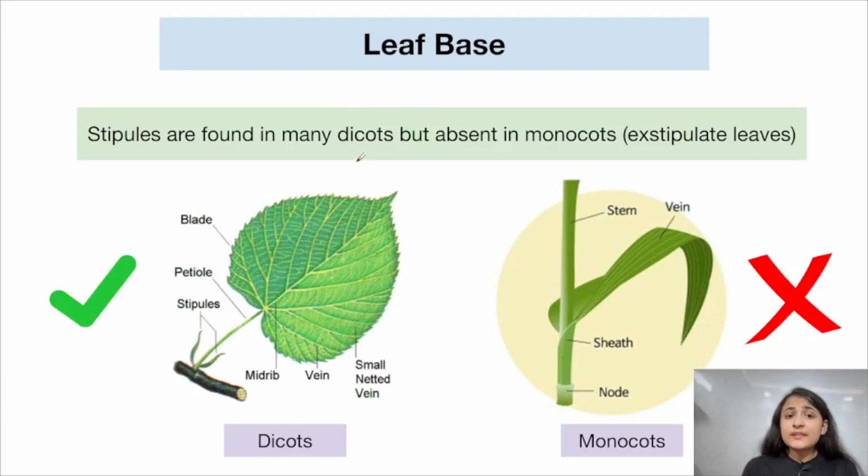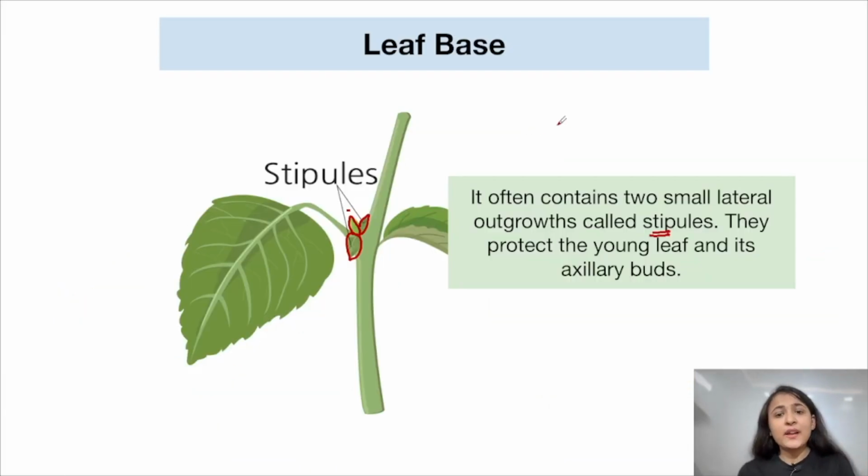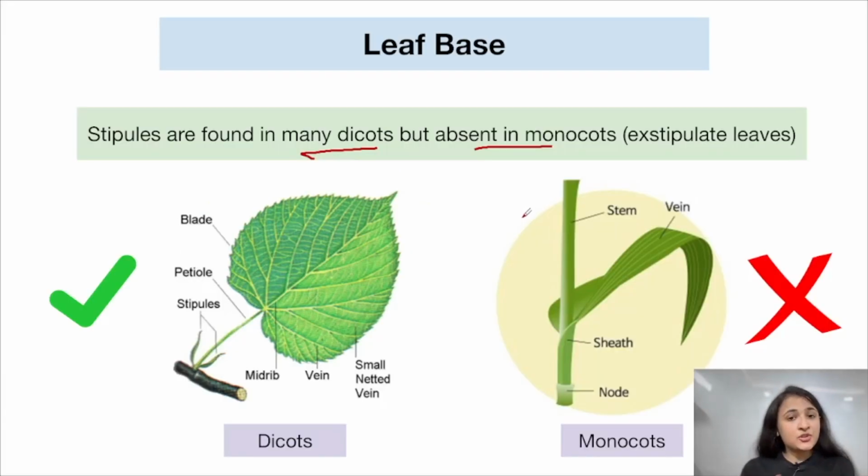Now stipules are found in many dicots. Okay, it is found in many dicots, but these stipules are absent in monocots. Stipules are not present in monocots. That is why in this slide it was written that leaf base often contains. Now often means most of the times, not always. So here is the explanation to that previous slide, because stipules are found in many dicots but they are absent